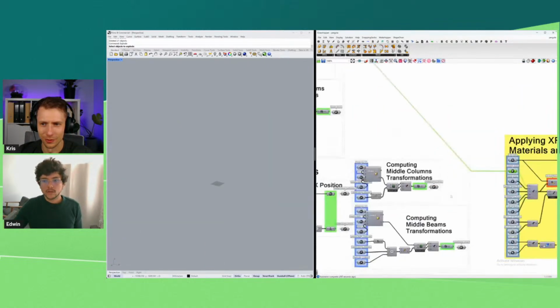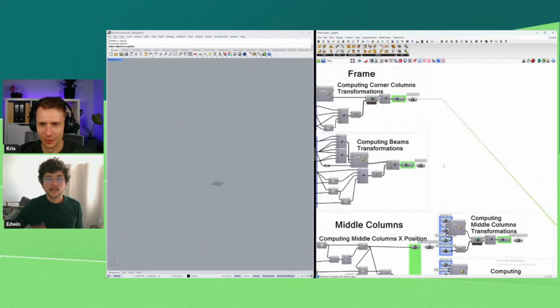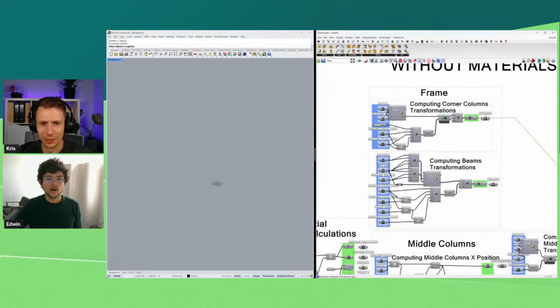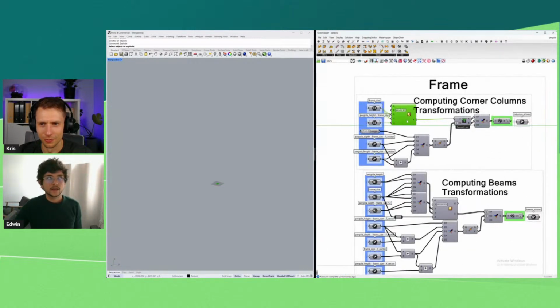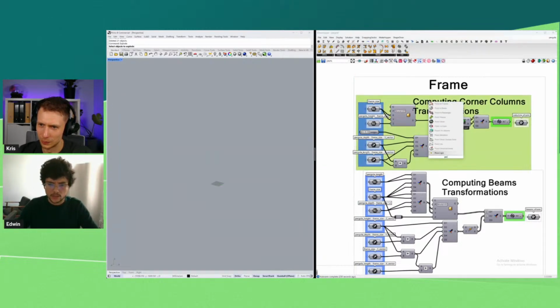And of course, it's actually a good exercise also, because you have to think in a more, how do you say, not explicit way. Here I'm just working with coordinates, with numbers. I'm not explicitly building the geometry. I'm just thinking, okay, I know that this coordinate has to be here, and for example here the columns.